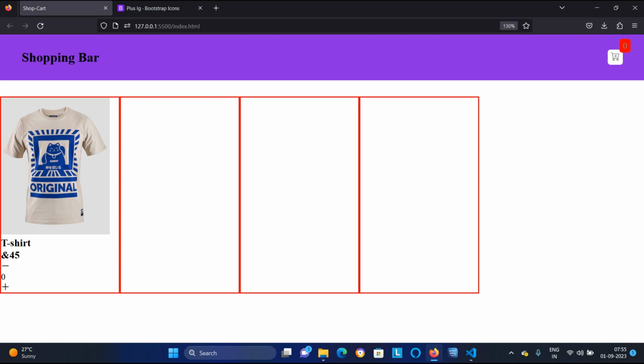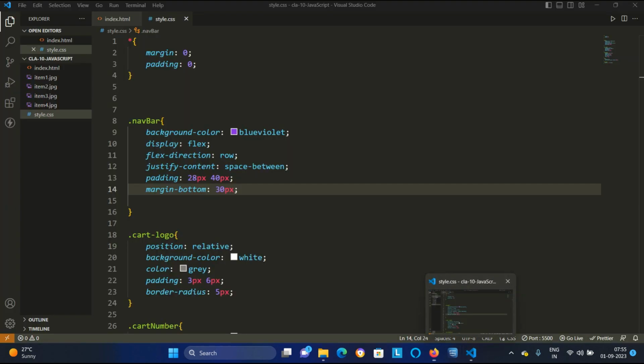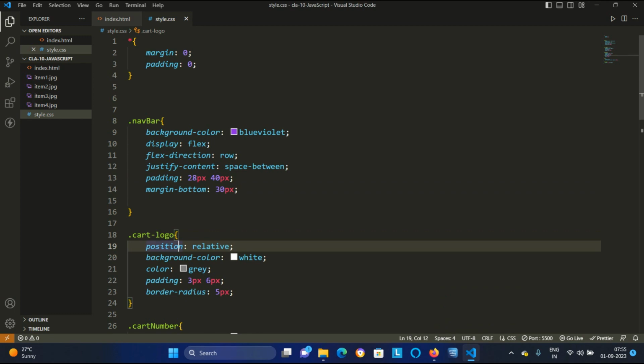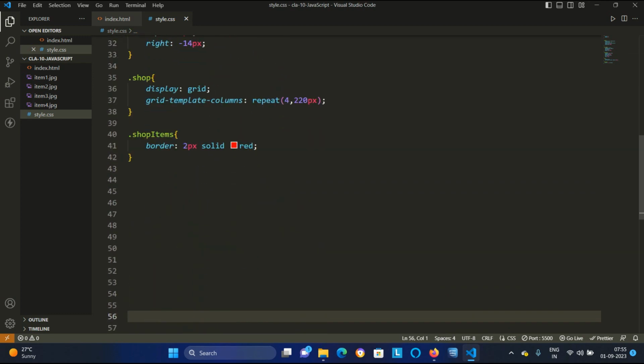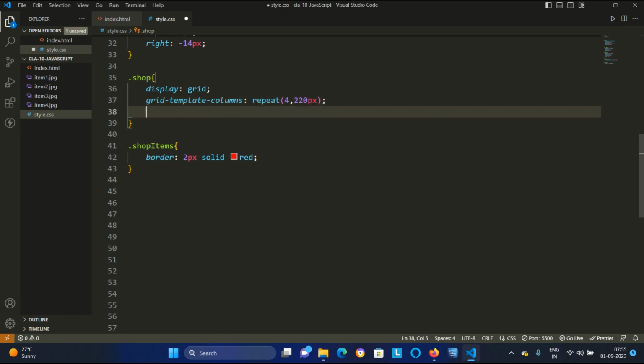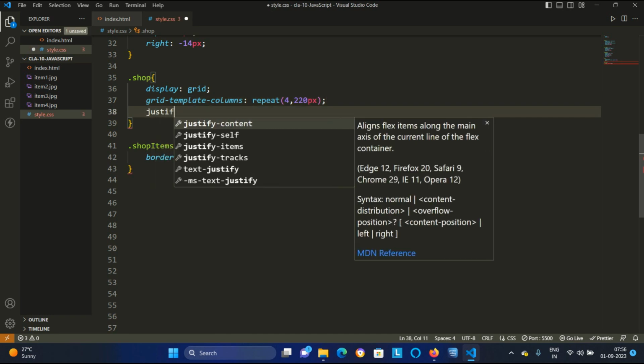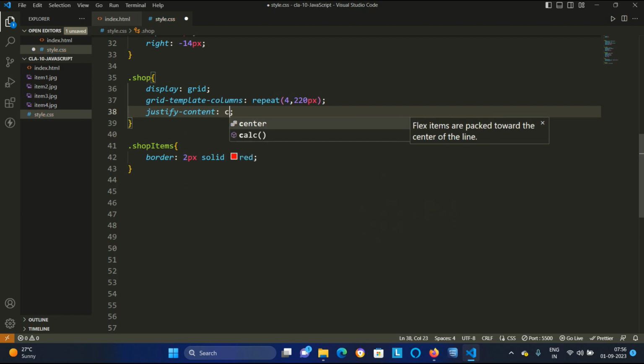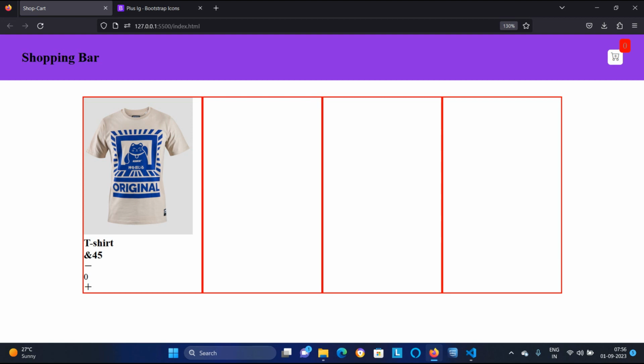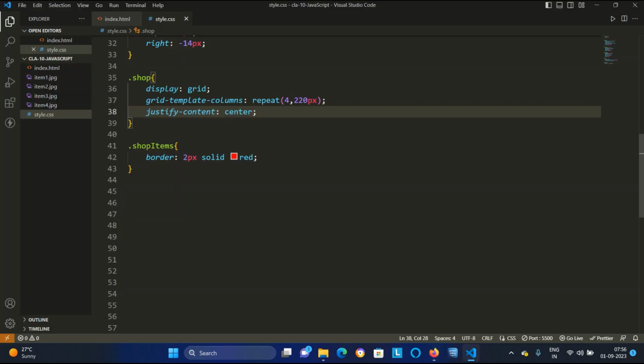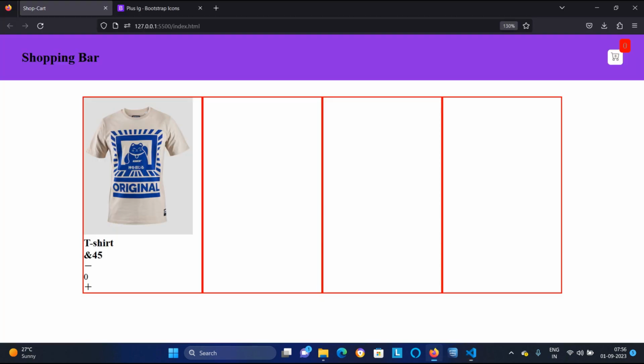Okay, now the things are coming in this way. If I say to the grid, justify content center, look, it is creating the grid at the center right now. So display is grid, justify content at the center, so the grid is coming at the center.